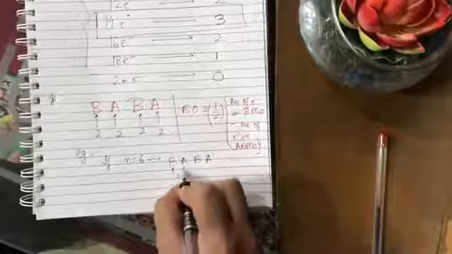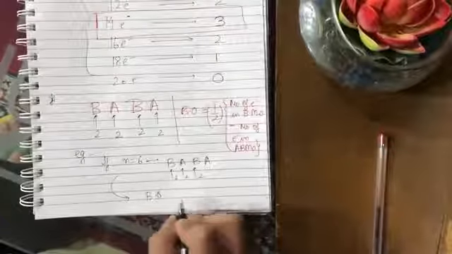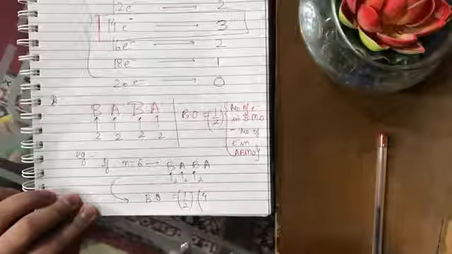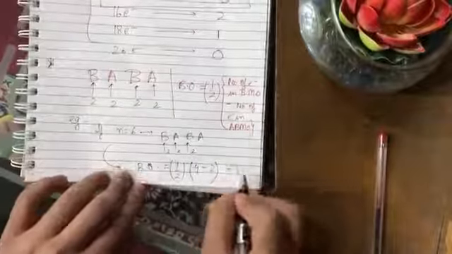So let me take an example. If n is equal to 6, it means the number of electrons is 6. So how would we fill? BA: 2 in the bonding, 2 in the anti-bonding, then 2 in the bonding. So the bond order is equal to half into the number of electrons in the bonding molecular orbital. How many? See, 4. In the anti-bonding, 2. So it will be 1. So the bond order will be 1.